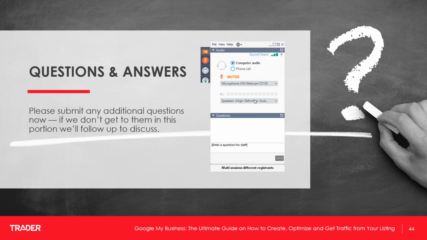Where specifically can you cross-link your departments? Okay, so yes, I probably didn't explain this very well. If you have your listings developed for your sales, your parts, and your service, go to Google and search for those listings. Get them to show up in Google search. There is a link on that listing that says edit this information. When you click that link, a box will show up, and there's a text field where you can put where the listing is located in. You type in your primary listing, and you link them that way. So you don't do it from Google My Business, you actually do it from Google Search specifically.